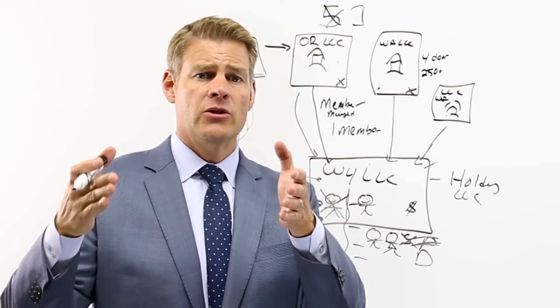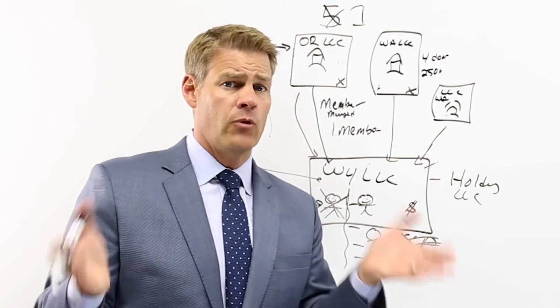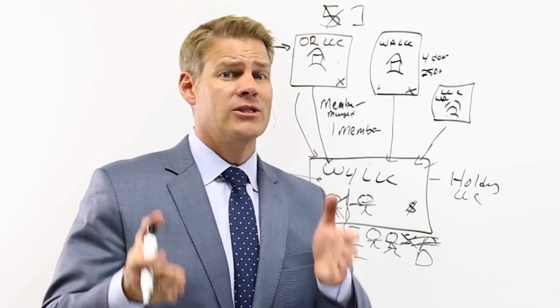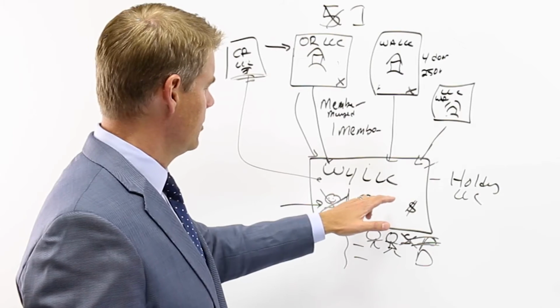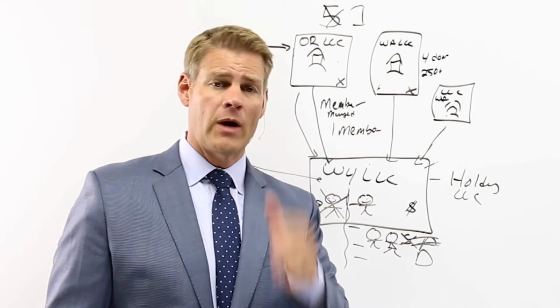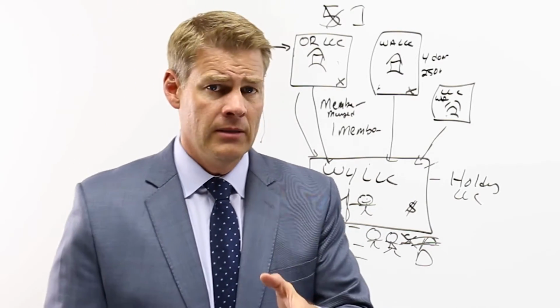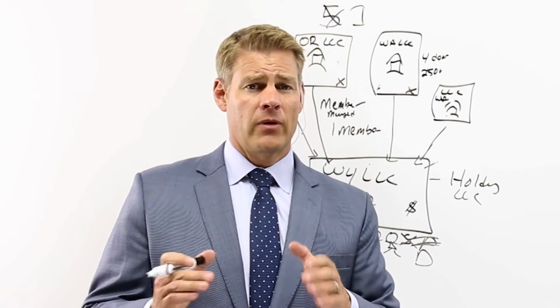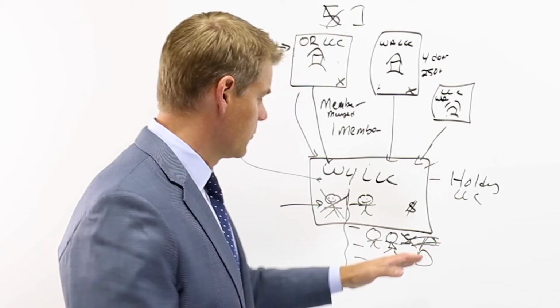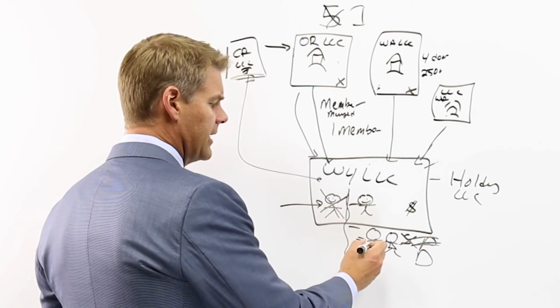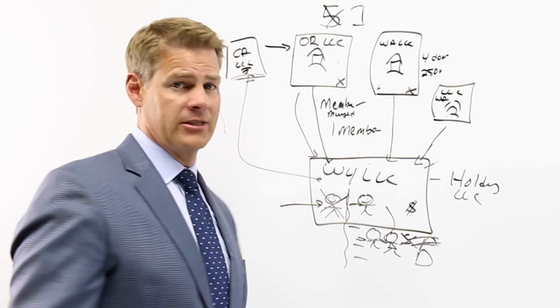And then when it comes to putting the charging order on your interest, I only have one option, and that is to charge the LLC that you own. And it so happens to be that the only LLC that you own is this LLC right here, and it's a Wyoming LLC. And in Wyoming or Nevada, if a creditor comes after you, their only remedy is a charging order. So as you recall, with a charging order, they only get whatever you take out of the LLC.